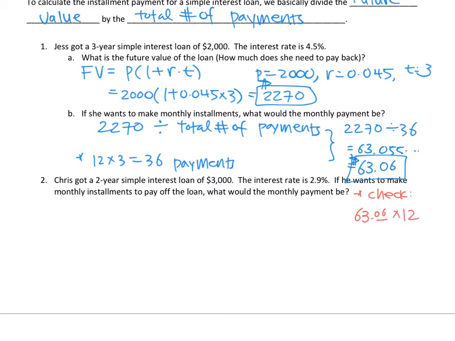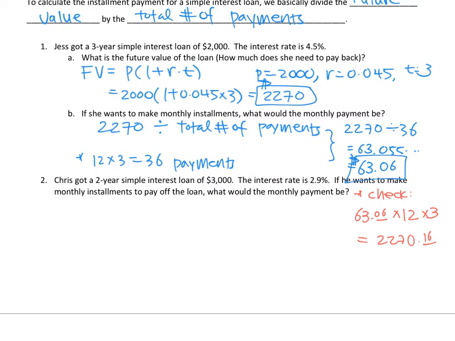So this is how much she's gonna pay a year, and she's gonna do that for 3 years, right? So this is how much she has to pay total. And when I calculate that out, I get 2270.16. So again, we said that she has to pay back 2270. When I do this, she ends up paying 2270.16 because of rounding off error. So usually it will be off by a few cents or 10 cents or 15 cents. So that's fine. So this answer makes sense. So she's gonna make 36 easy payments of $63.00.